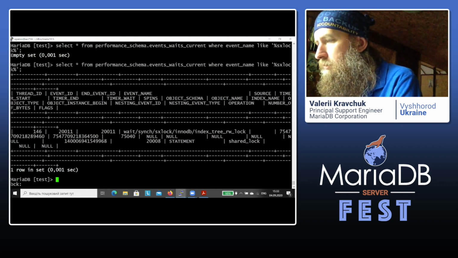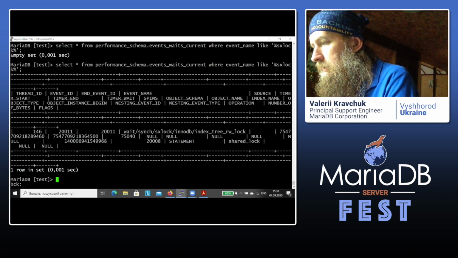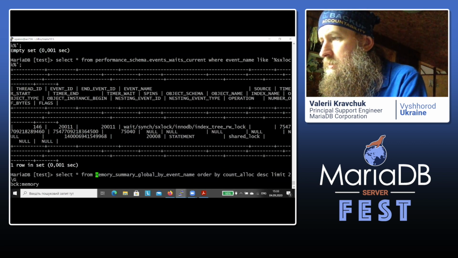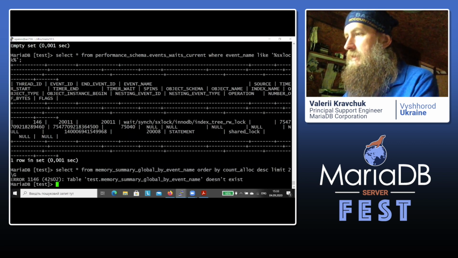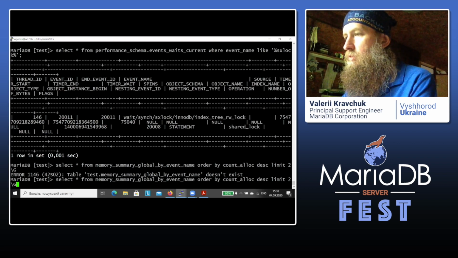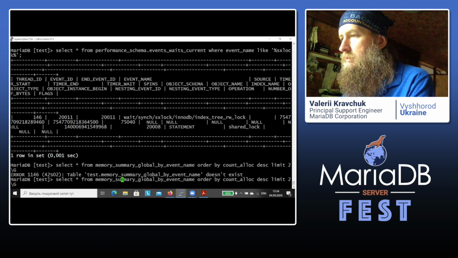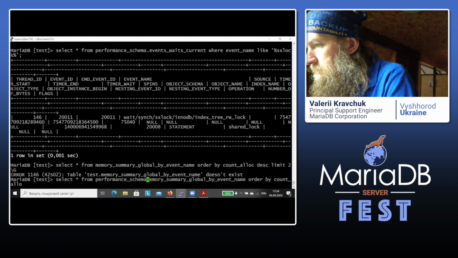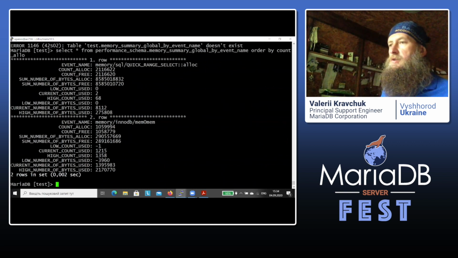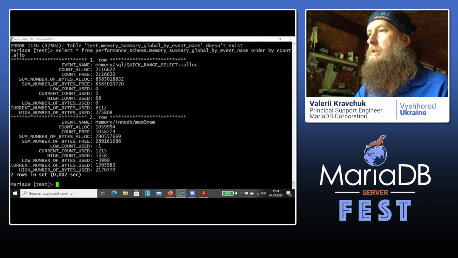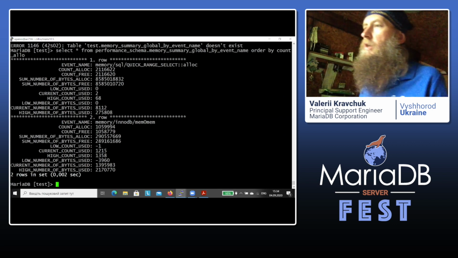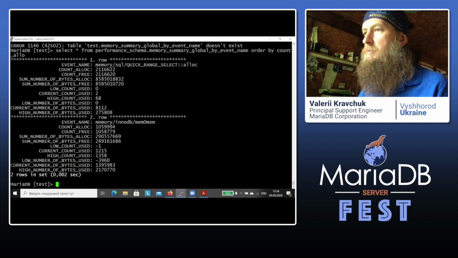So if I look for memory, sorry about that, I should add performance schema here. We can see that the top allocation, that's what was in my presentation, was actually for quick range select, so somewhere in the optimizer.